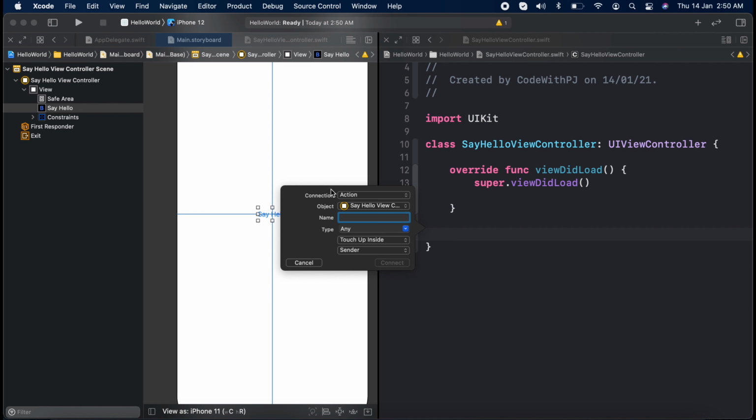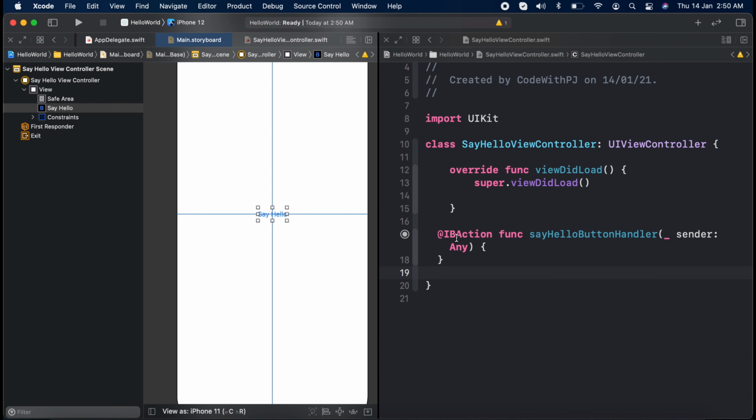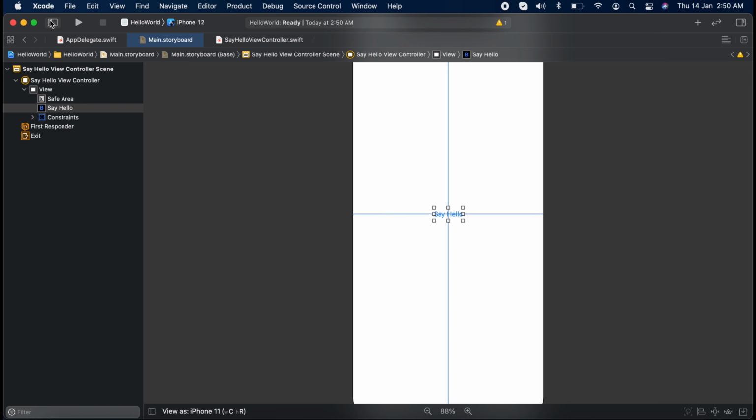So connection is action, object SayHelloViewController, name what, sayHelloButtonHandler, right? Let the type be Any, and then Touch Up Inside, which means when you are touching inside the button. So click connect, a method will be created for you, and it will be annotated as IBAction. So now we created the handler for this button.